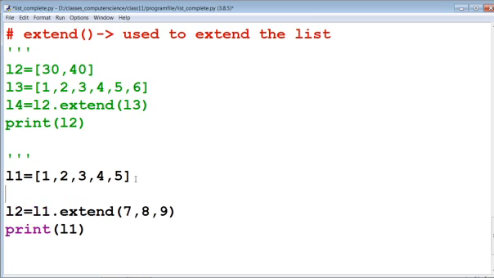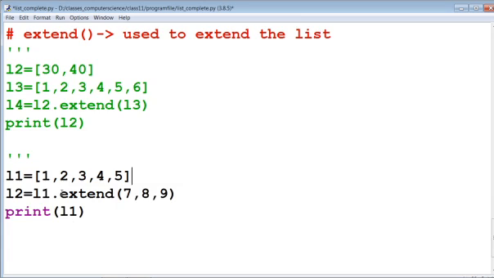We have to define another list, L3 equal to. Now see, this is not the extend, this is the append. We are going to use the append function here.